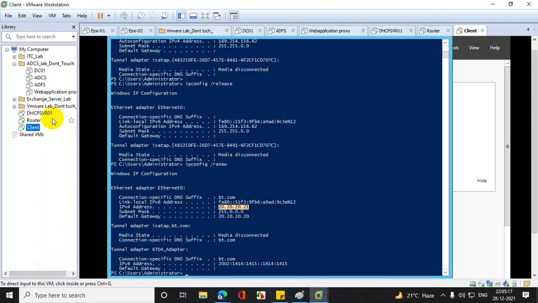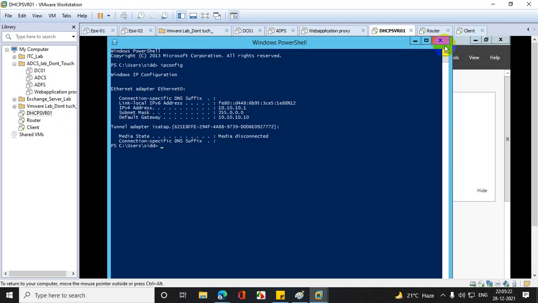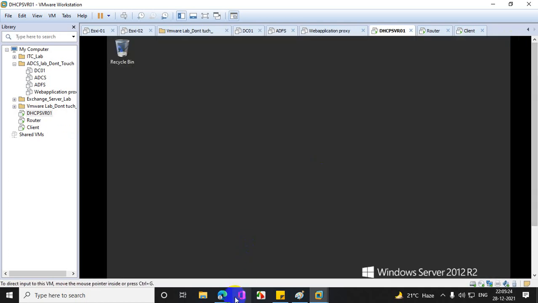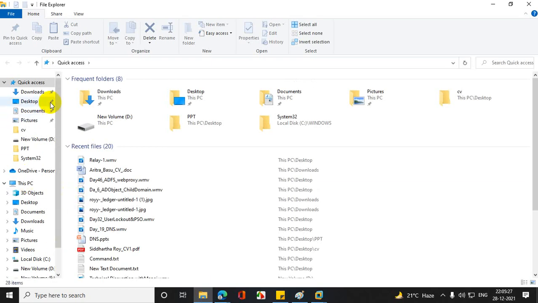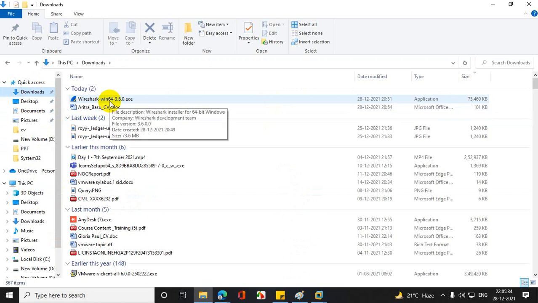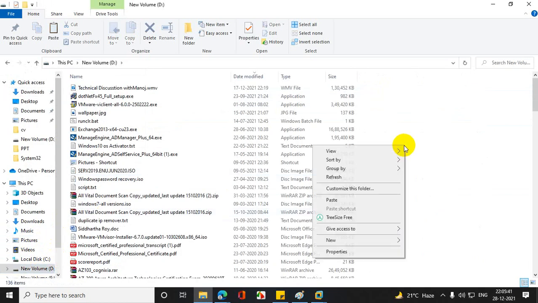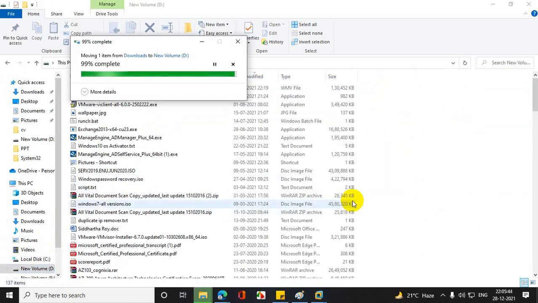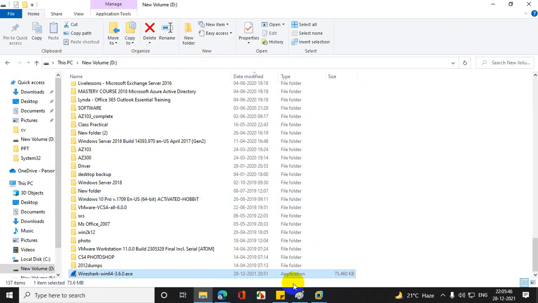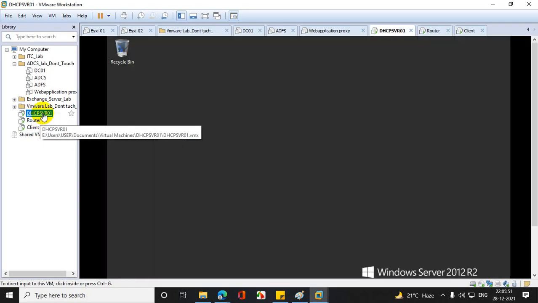Now I will do one thing. Let's do packet captures and understand how it works. For that I have a tool called Wireshark. Wireshark is basically a network monitoring tool through which you can do packet captures over the networks. Let me cut it and put it on the D drive, and now I'll put it on my DHCP machine. I'll start the network capturing.